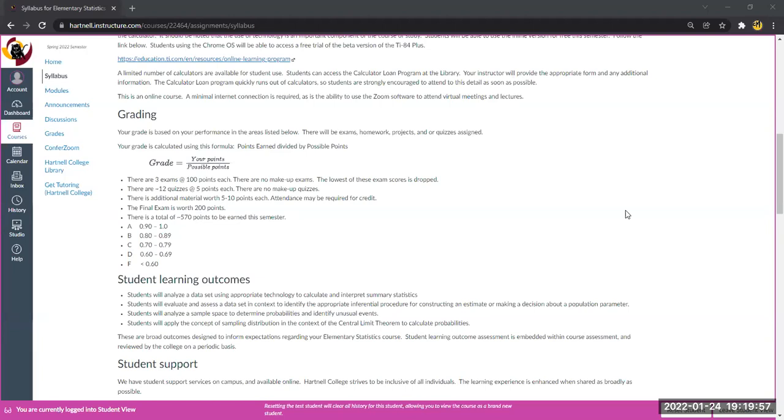Students will analyze the sample space to determine probabilities and identify unusual events. Probability is a core component of statistics. Probability is the study of what might happen, not what actually ends up happening, but what might possibly happen. If we're going to flip a coin, what's the chance it comes up heads or tails or any other notion of chance? This is really fundamental in